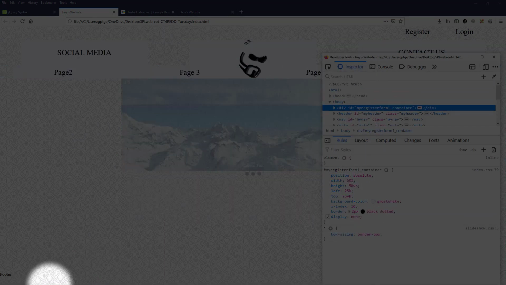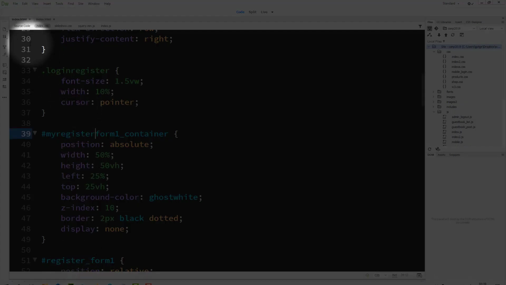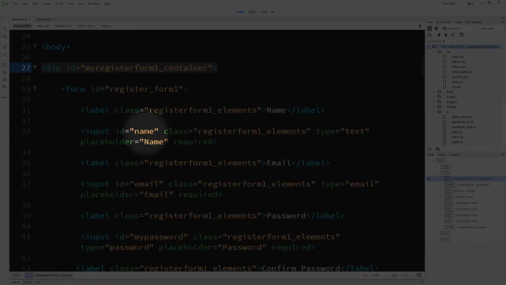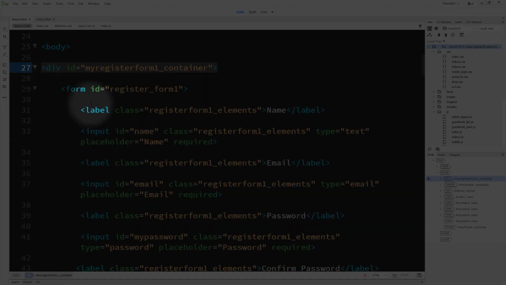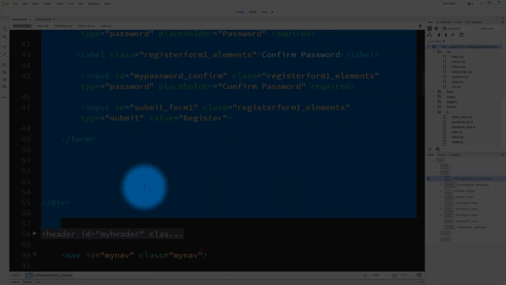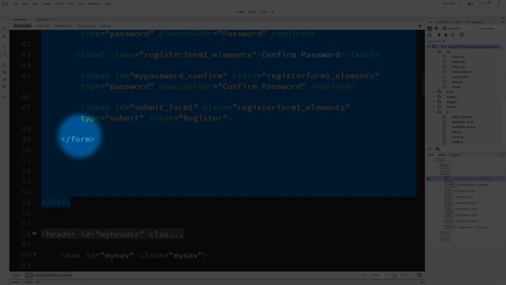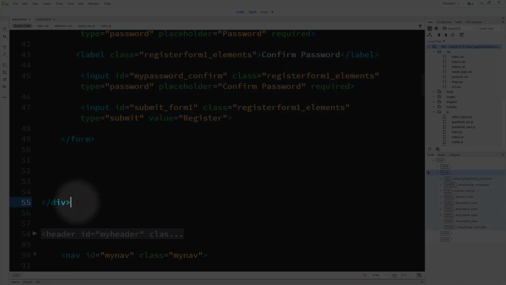Okay, so we're going to go back to Dreamweaver. I'm going to go back to our source code. We are basically going to grab all of what we've just created, which will be for that div there, and we're going to copy, and we are going to paste,